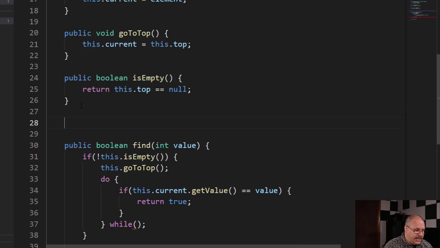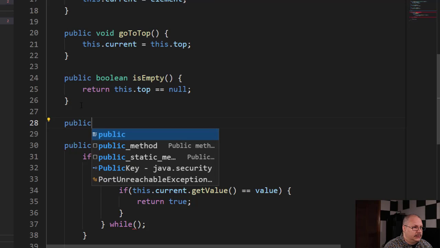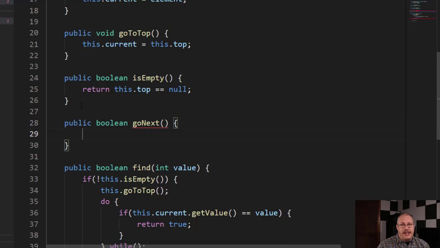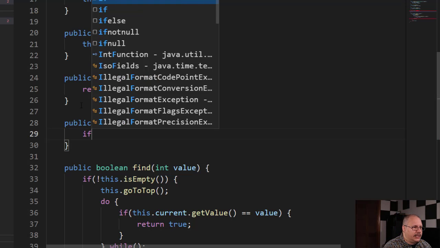So I'm going to say public, and I'm going to return a Boolean data type, and I'm going to call it go next. Now you might be asking, why am I returning a Boolean value? Well, very simple. I'm going to see if I can go to my next element, because I don't want to go to where I'm going to have a null value. So I'm going to do a quick check. If